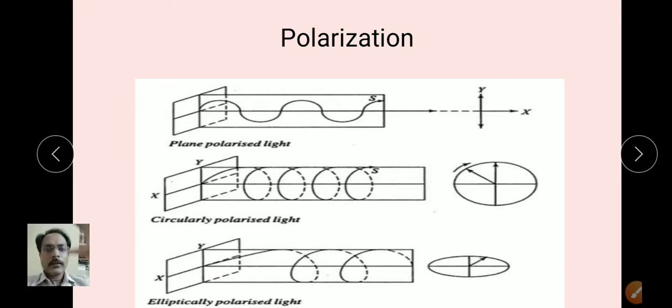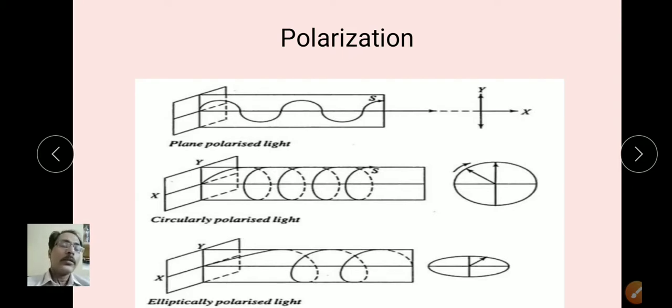You can see windows, for a general example, house windows. When the light energy coming from the sun rays hits the windows, they make the light polarized. It will not allow the complete light to enter the house. It will restrict some amount of light and allow only some amount. So when the light enters from these windows, the intensity of light is diminished. You can't find the high intensity. So that is polarization. It's a simple example.